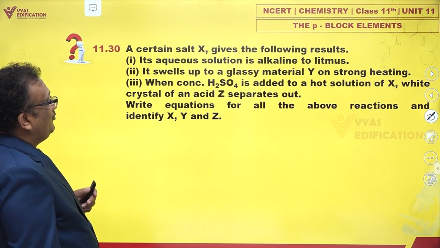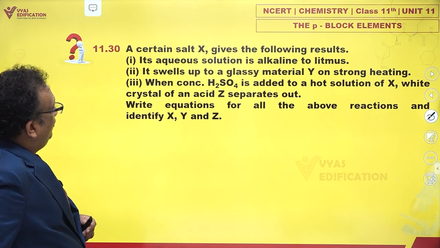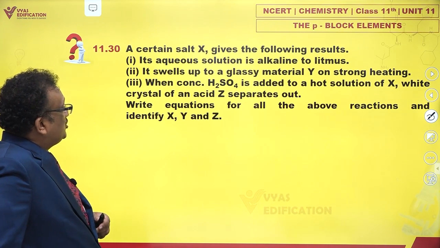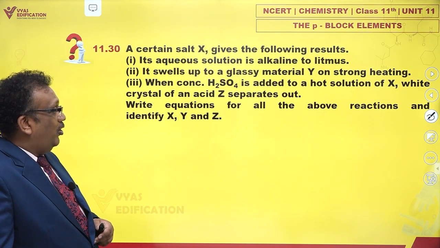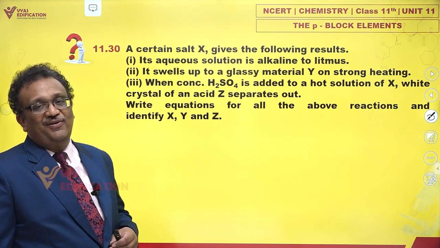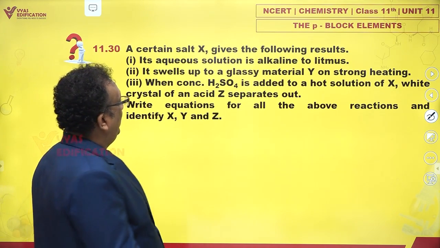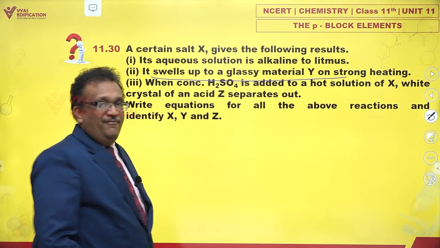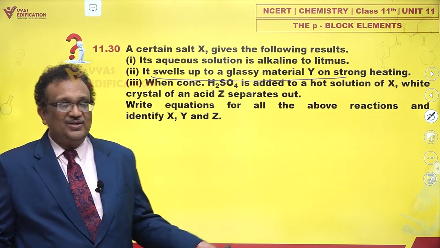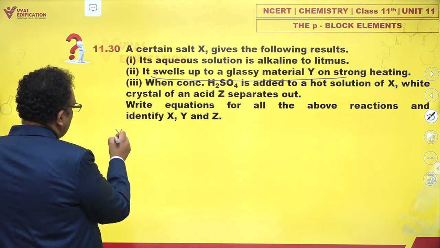When concentrated sulfuric acid is added to a hot solution of X, white crystals of an acid Z separate out. Very interesting. Write equations for all the above reactions and identify X, Y, and Z. The moment, my dears, you said swells up to a glassy material, we reveal that this is borax. What is borax? The X has to be nothing but